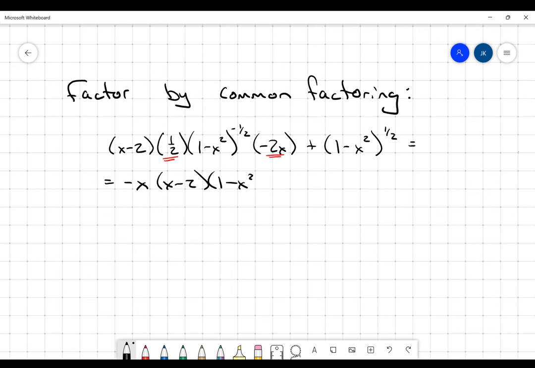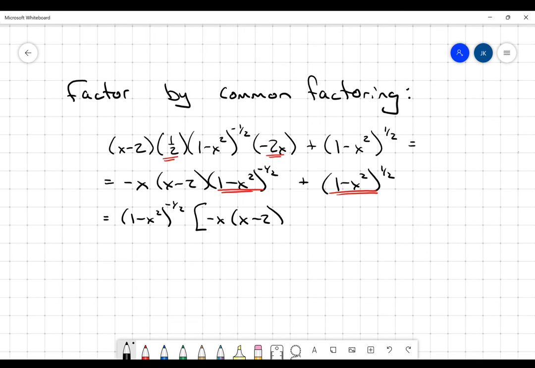Then I've got this 1 minus x squared to the negative 1/2. And then my second term is 1 minus x squared to the positive 1/2. Now I'm going to take out what's common. And what I'm seeing here is this 1 minus x squared. I'll take out the factor with the smallest exponent there, so 1 minus x squared to the negative 1/2. In this first term, that's going to leave me with negative x multiplied by x minus 2, plus